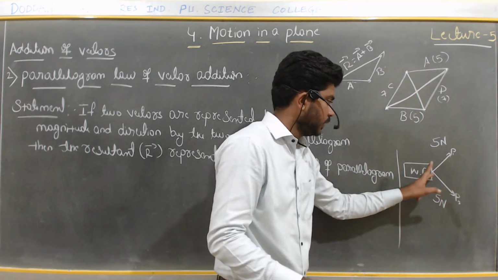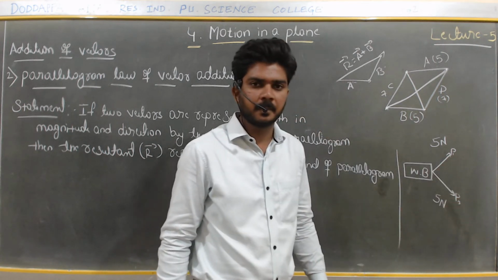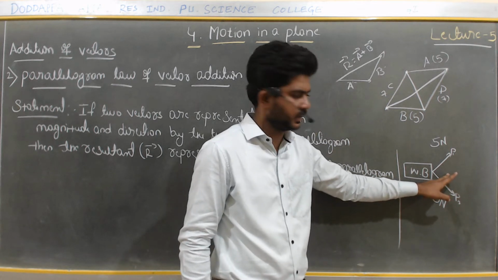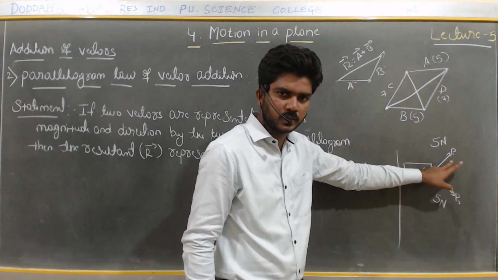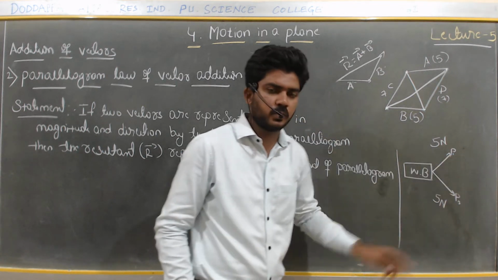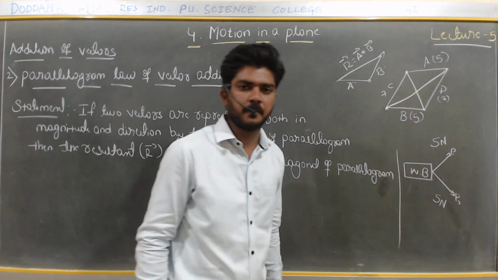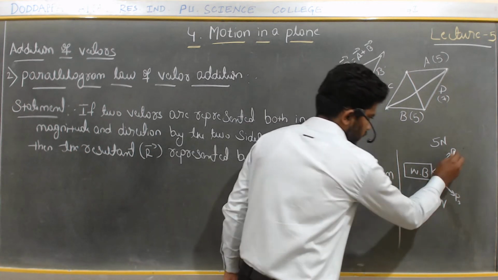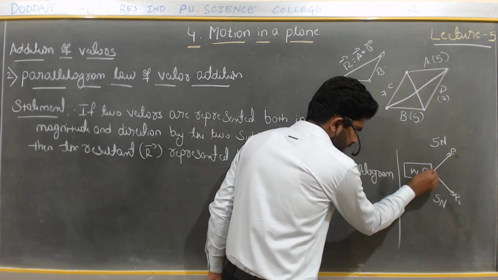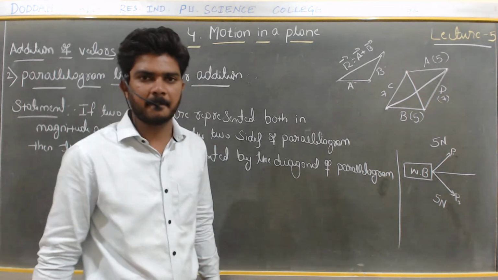The question is where it goes, whether it goes towards P1 or P2. This is the main question we have to think about, right? Person P1 is applying the force in this direction and person P2 is applying force in this direction. Now the question is where the wooden block will go, whether it goes to P1 or P2. See, it neither goes towards P1 nor P2. Simply it will take a straight line. It will go in this direction, right?